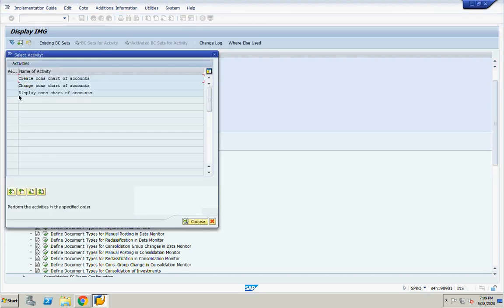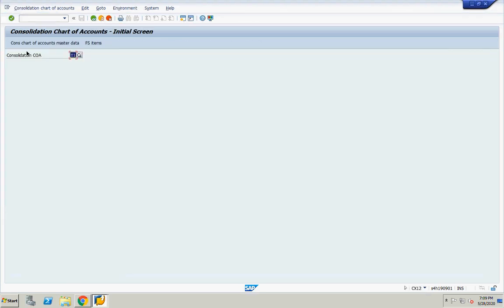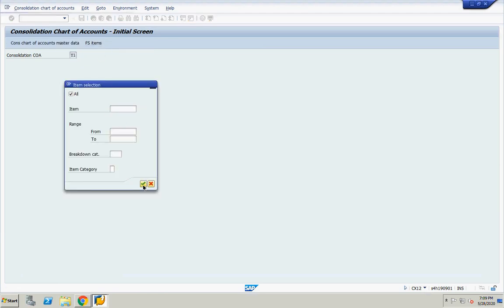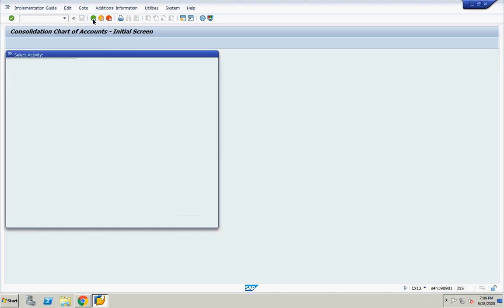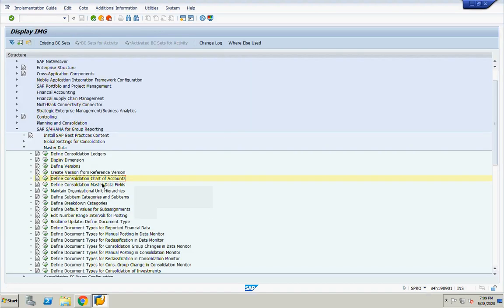You can go here, you can check your delivered content, financial statement items. So I cannot use all these financial statement items. When I am not able to use this one, that means on top of these financial statement items, there are many settings which are created. For example, breakdown categories.